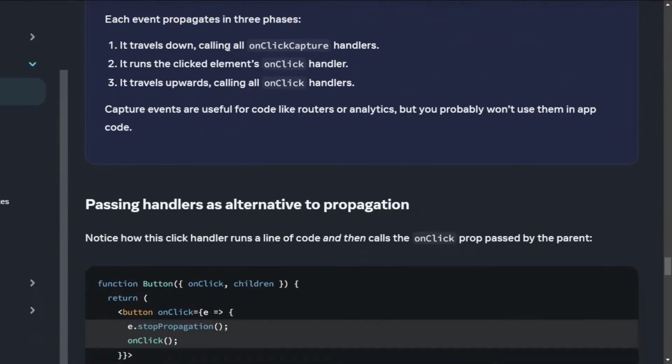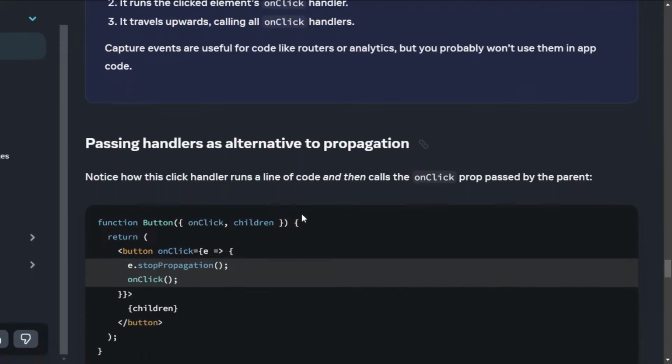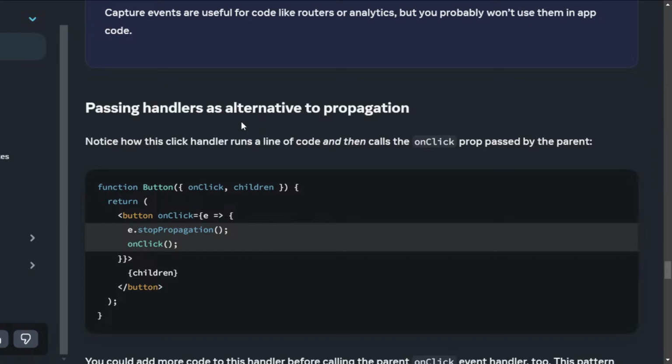It travels down, calling all on click capture handlers. It runs clicked when this is clicked, then it travels upward on the click. Passing handler as alternative to propagation. Okay,